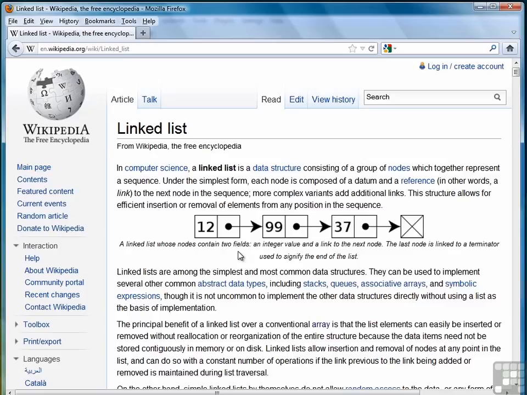I should also mention that there are more than one kind of linked list. The type we're looking at is called a singly linked list. But there's also a doubly linked list where each node not only has a pointer to the next node, but it also has a pointer to the previous node. And then there's also a linked list called a circularly linked list, where the last node, rather than pointing to a terminator or null, points back to the first node in the list. But we're going to just implement the singly linked list. And now we're ready to move to the next lesson, where we're going to begin our linked list